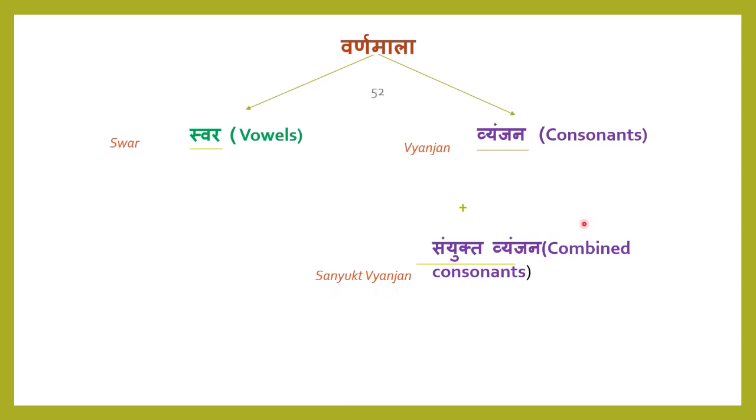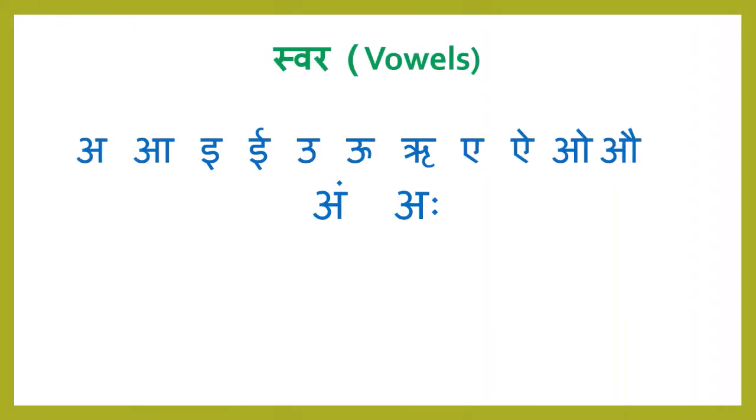So how many are they in number? The total Varnamala set of letters consists of 52 letters, out of which 13 are Swar, 35 are the Vyanjan, and 4 are the Sanyukt Vyanjan. Then, moving next, first we start with the Swar. This word vowels,